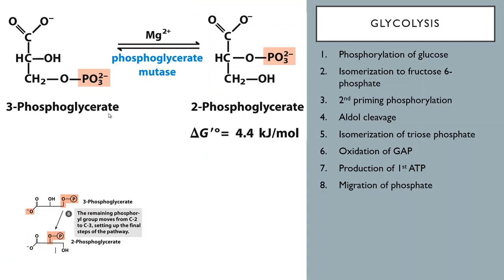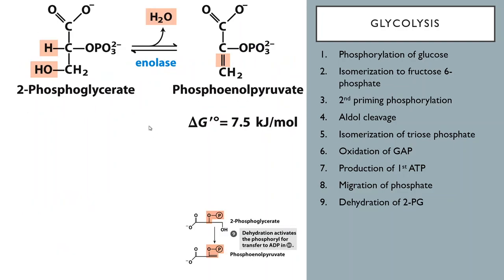So now we have 3-phosphoglycerate, and the next step, there's still one more ATP we can make, but before we do that, there's an enzyme called phosphoglycerate mutase that will just move that phosphate from the end carbon here to the internal carbon, and now we have 2-phosphoglycerate, which is now ready for the last